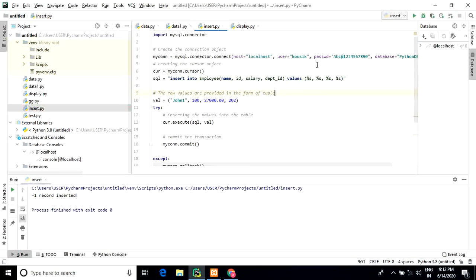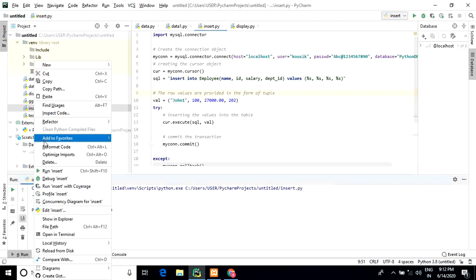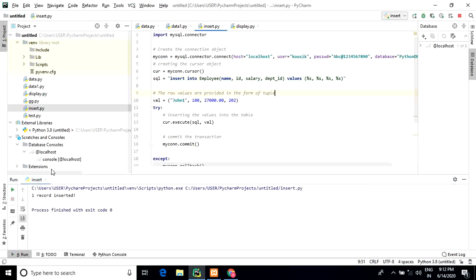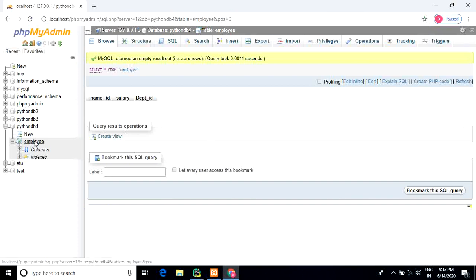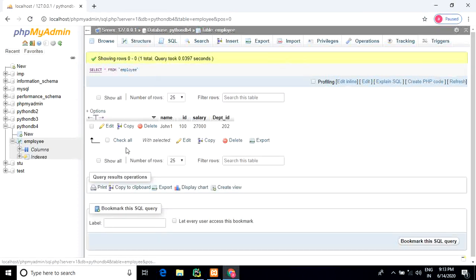Okay, employee, let's check out. Okay, all are clear. Now just insert one record. Look at here, one record inserted. Okay, and just check it out. Look at here, one record inserted.